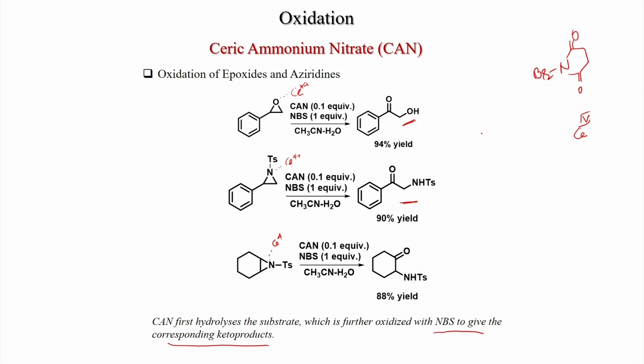So, this reaction intermediate can be considered a diol, and we have already seen that this diol secondary alcohol will be selectively oxidized with this ferric ammonium nitrate. Here also, maybe this intermediate will be formed first, water attacks from this center here and you get this intermediate, and then after oxidation with N-bromosuccinimide you get this aminoketone.